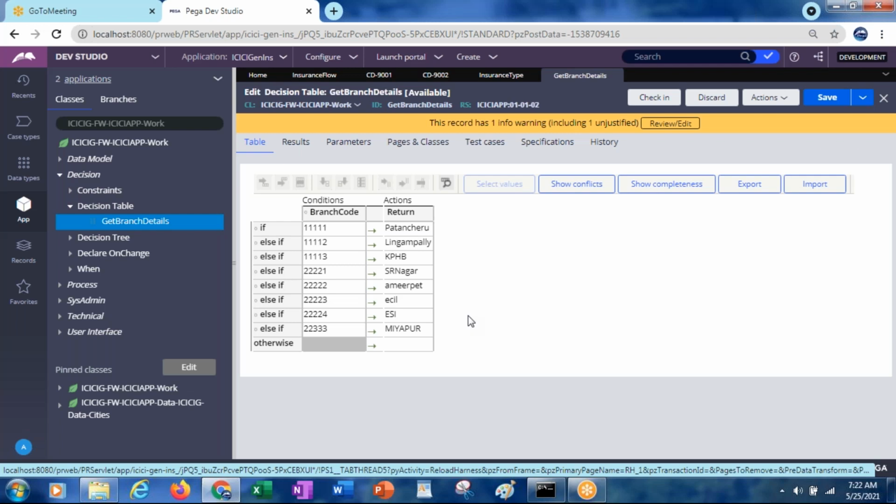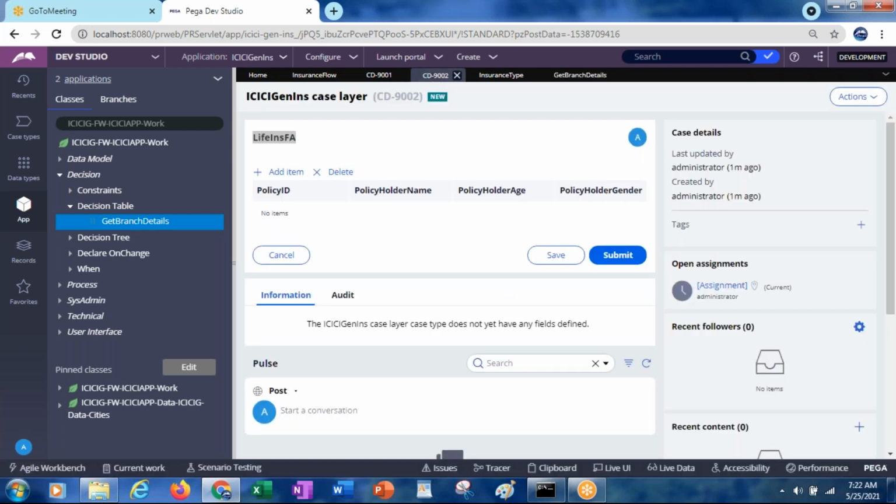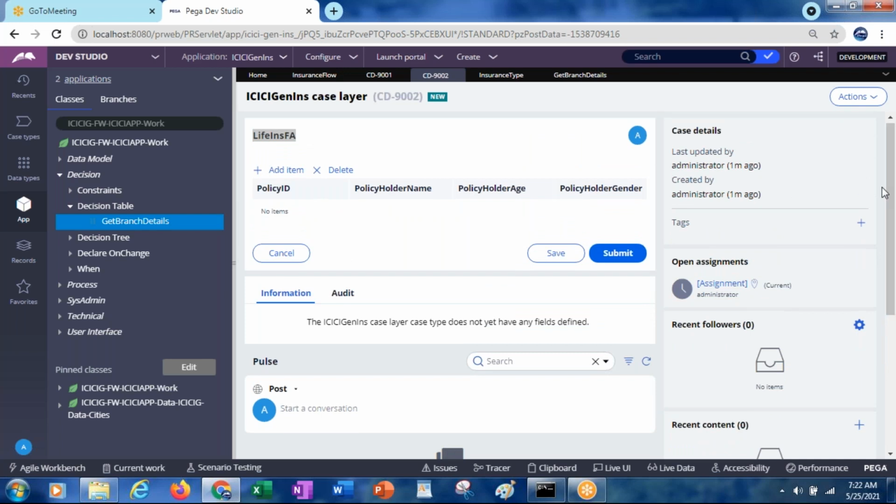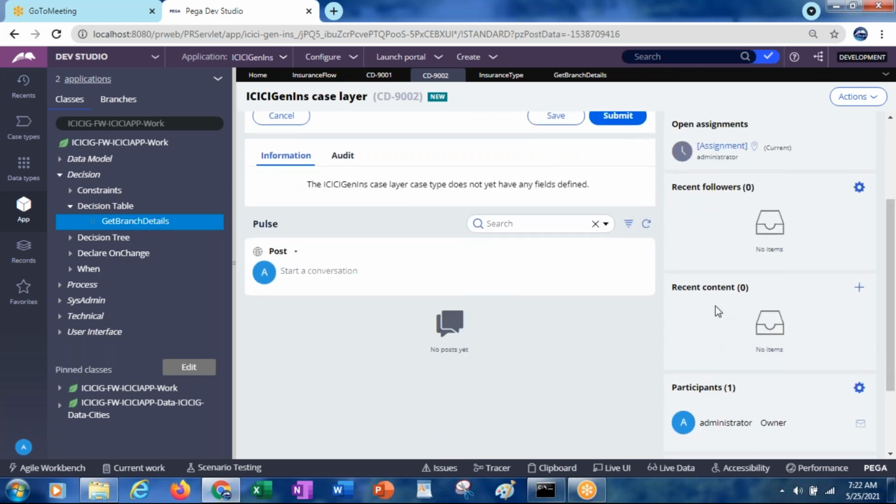Now let's go ahead. When you create a work object, this is a work object which we created. Here on the right side we are seeing many things, like case details, open assignments, recent followers, recent content, and participants.